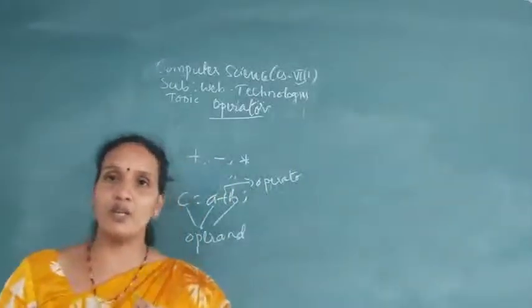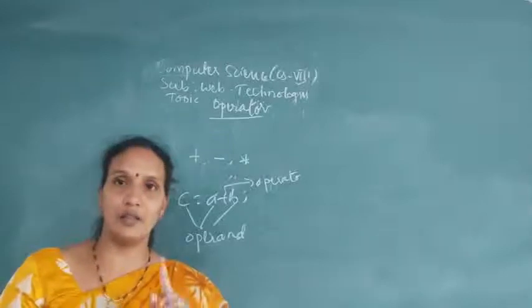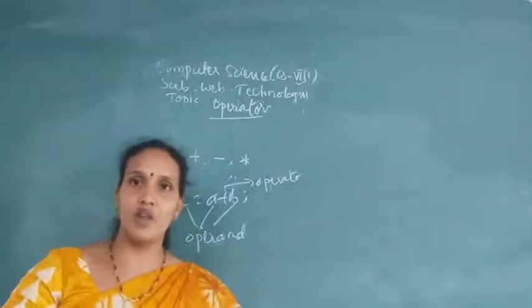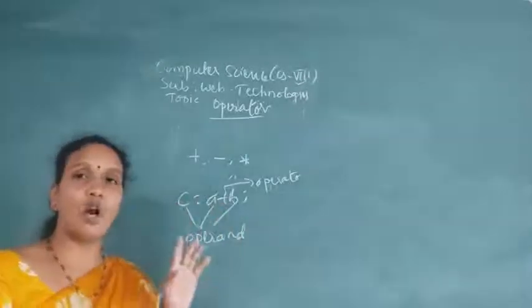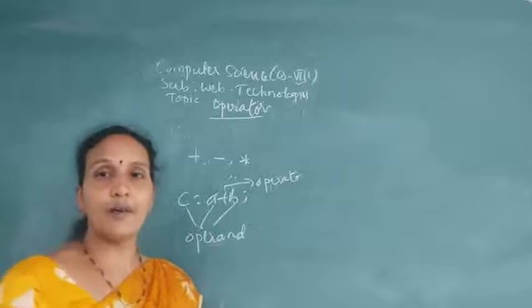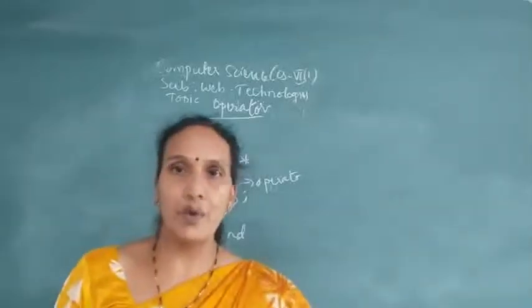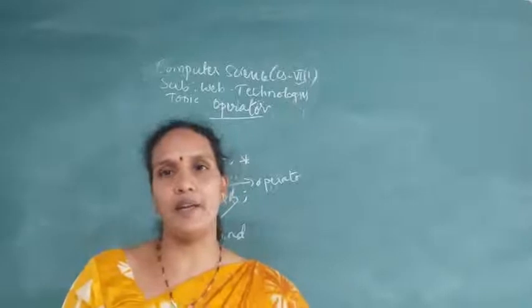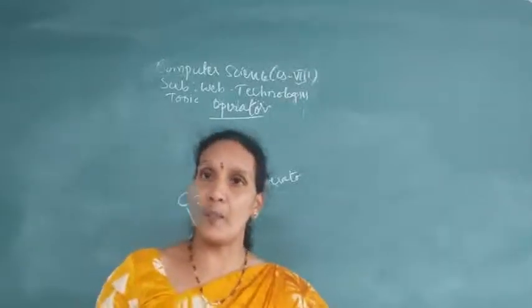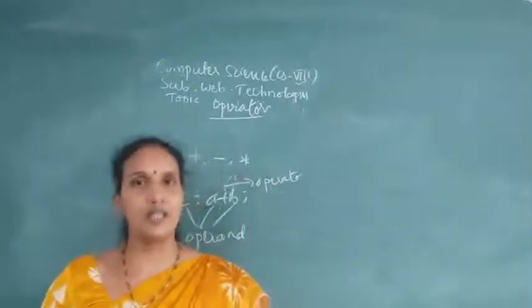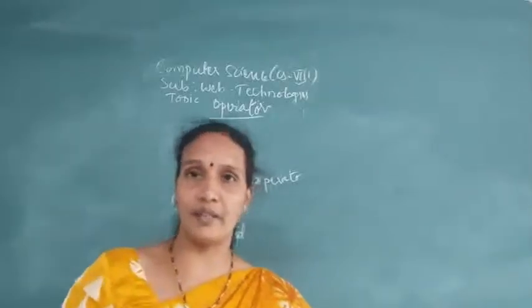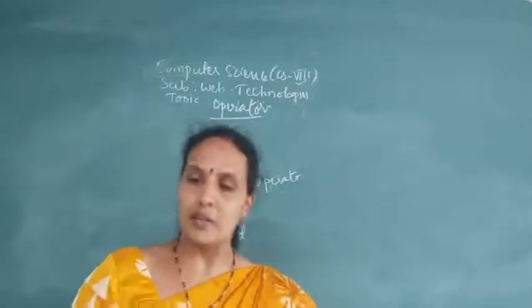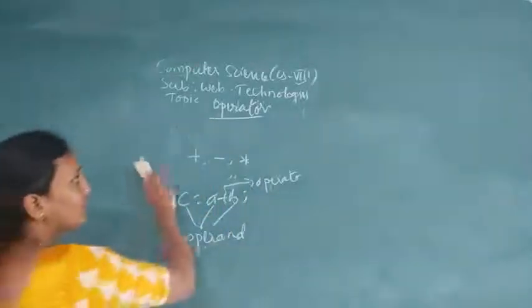So here you need to concentrate on only one thing: what is an operator and what is an operand? Plus is an operator. A, B, C are called operands. So an operator is used to perform some operation on operands. What operators you can use in JavaScript, that we'll discuss now. What operators JavaScript supports, we'll discuss, and I'll give you the list of operators supported by the